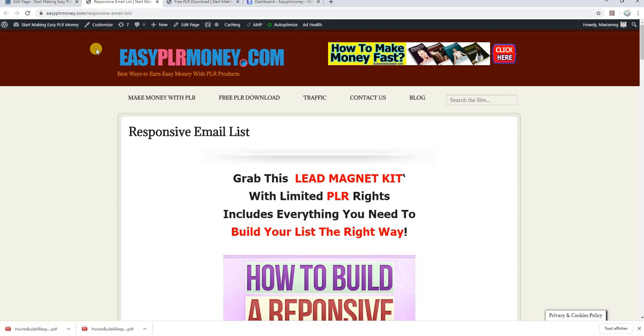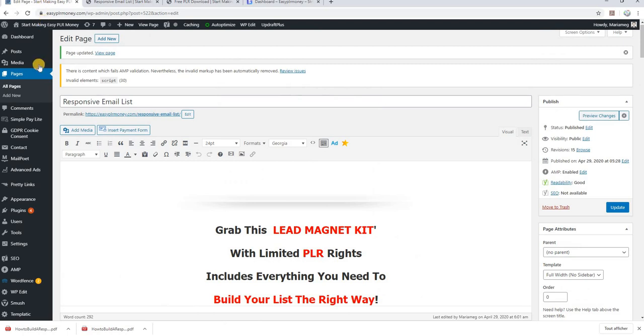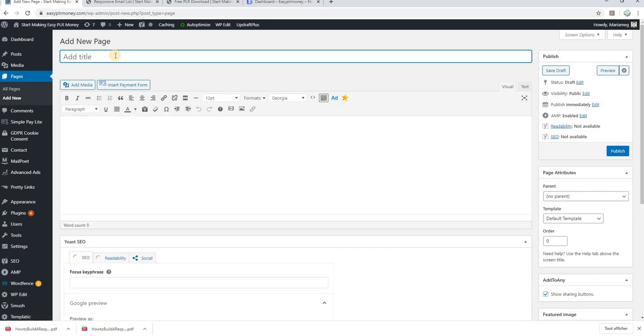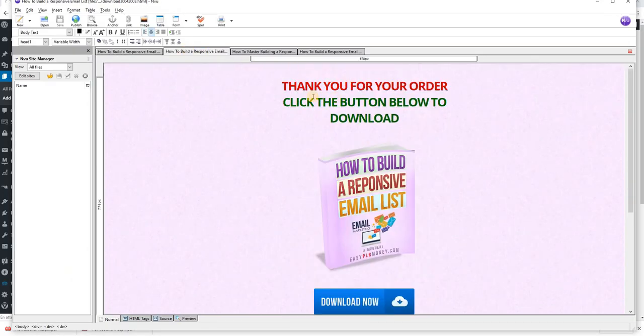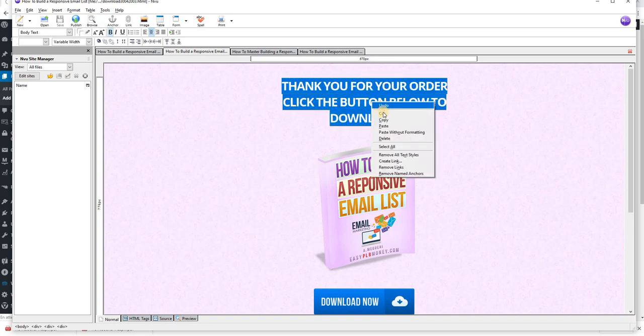Alright, good. So now we are going to create the second page, which is of course the thank you page, the page where the customer will be redirected to download the file. So we go in here, pages, add new page, and then I will just name it thank you. Publish it. There is not much to put in this page. This is what I prepared. So I'll take the text here